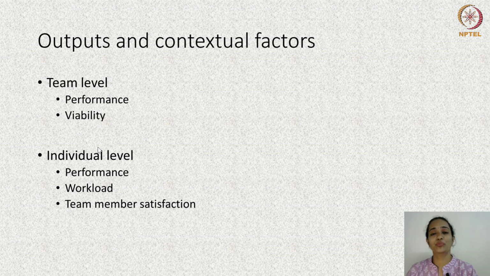The last part of the IPO model looks at the team level outputs, primarily performance and viability. Performance primarily looks at factors like effectiveness and efficiency, and another important outcome for the team today is viability. Viability is the extent to which team members look forward to working with current team members on another project. It's very important for teams, especially on the project management side, to have a certain level of viability.